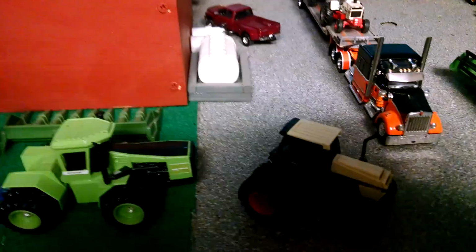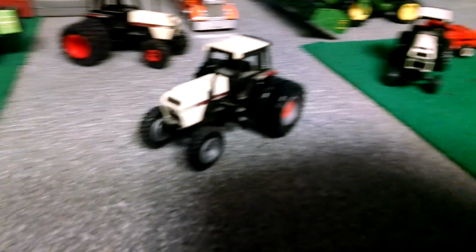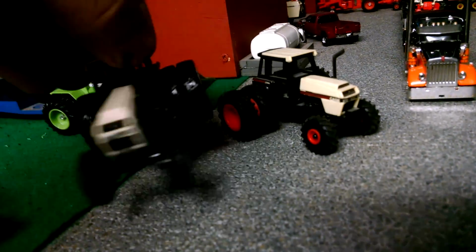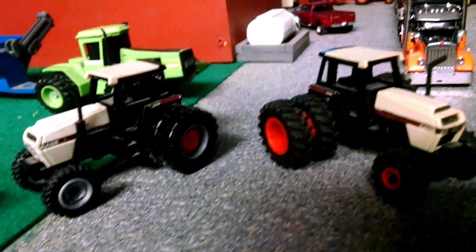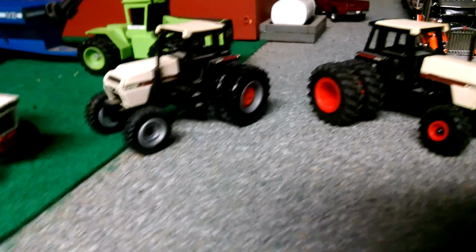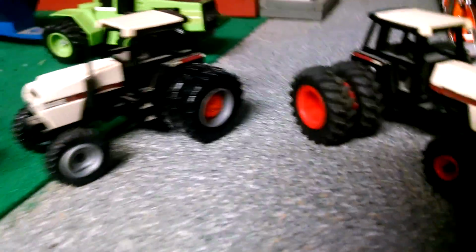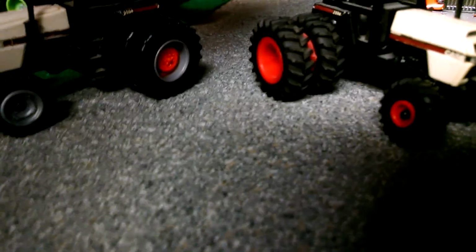There's another version of this tractor which I made, which is right here. I think it looks, personally, I think mine looks a little bit better. I don't know. You guys can be the judge on that. I think mine works better for what we do here, but I could be wrong. Anyway,